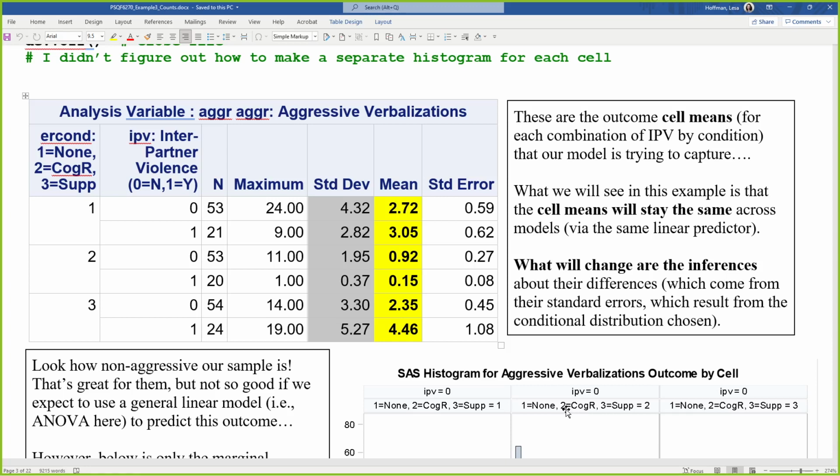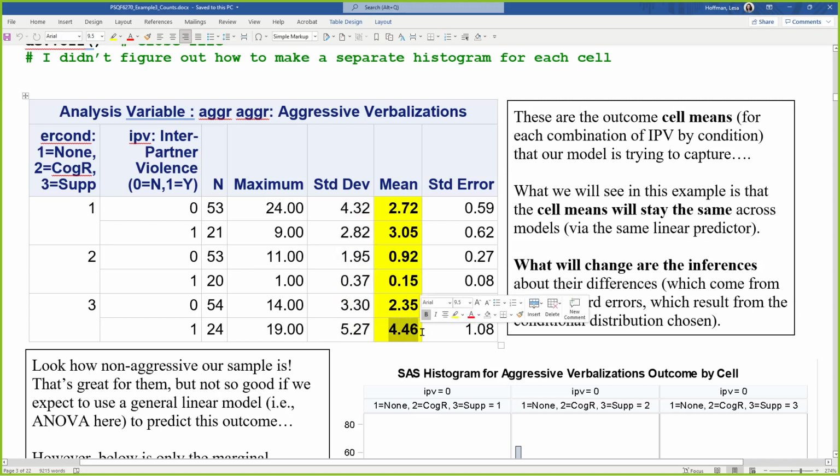So there's two ways you could solve the problem. One is to let each cell have a different residual variance, so to actually let it be a heterogeneous variance model. You can do that in all three programs. I have that just as a note at the end. I may dig that out later as an example. I haven't decided yet. But the other is to fit a model that allows the variance to change as a function of the mean. And that's kind of what it looks like.